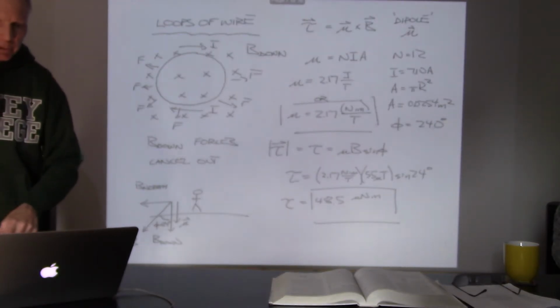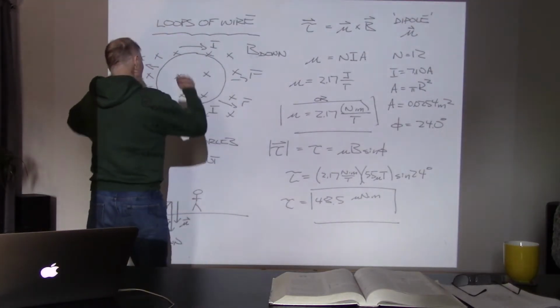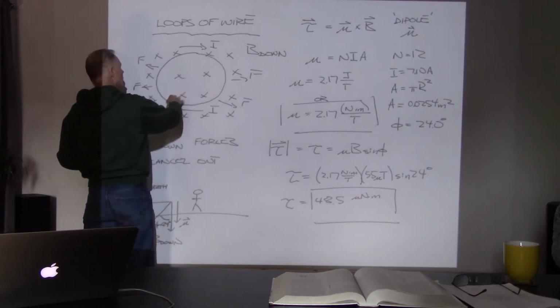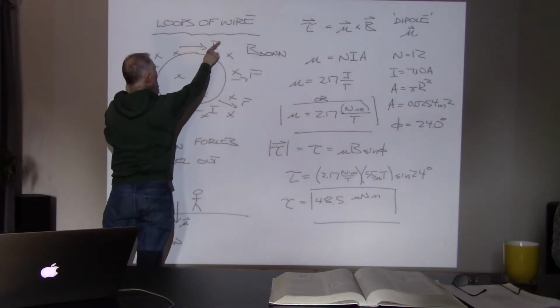Let's see what the downward component is doing. So again, I'm looking downwards. Now the magnetic field is oriented into the page, and when I do the same analysis here with the forces,